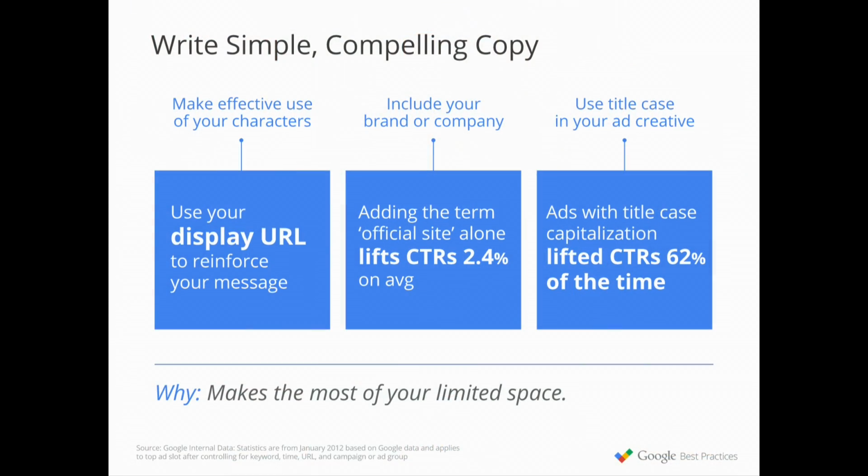All right, so a couple more tips on just writing simple and compelling copy. The first is the display URL. It has often been overlooked by search advertisers as that mundane piece of information where you're just porting over your URL and placing that into your search ad copy. This is actually a very important thing to take advantage of. You can essentially see it as a vanity URL. That's one thing that a lot of advertisers fail to realize, is you can actually shape the messaging of your display URL. So in the previous example that you saw with the custom tees, a good use of that display URL real estate could be